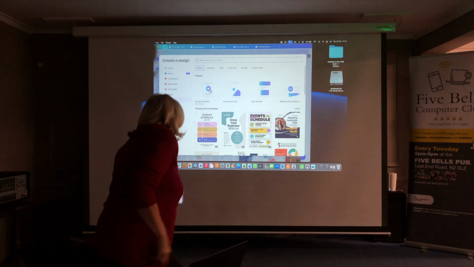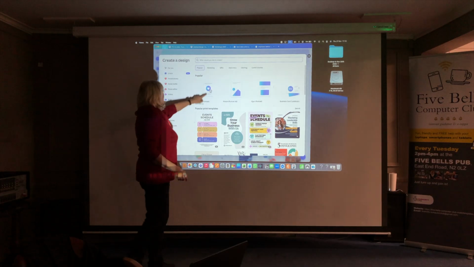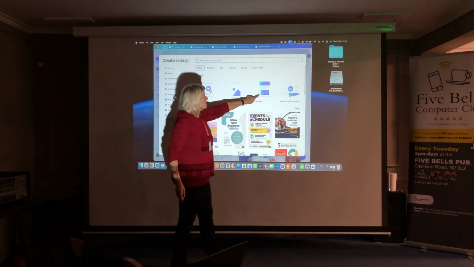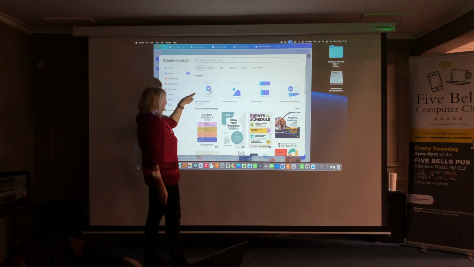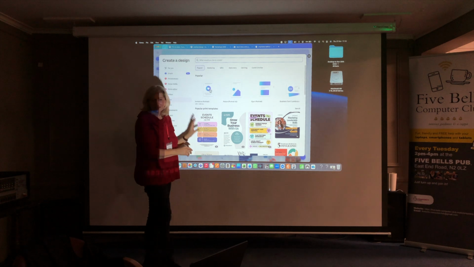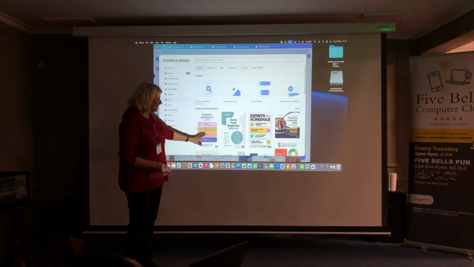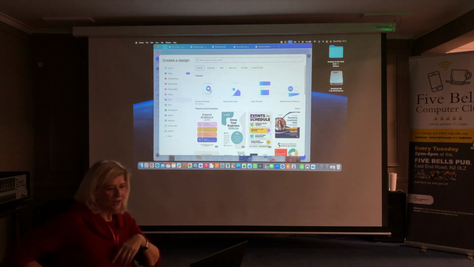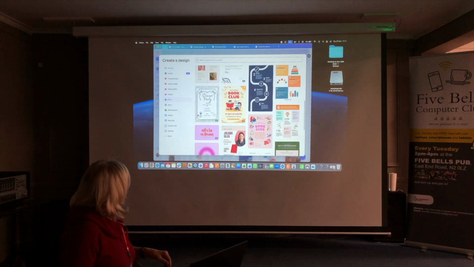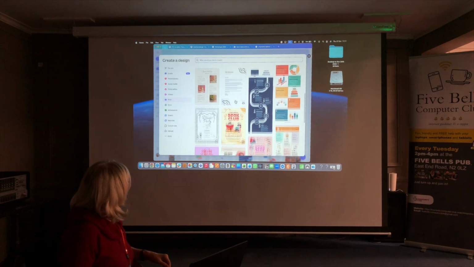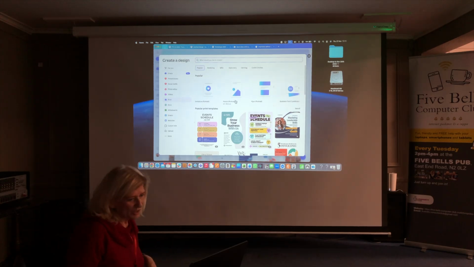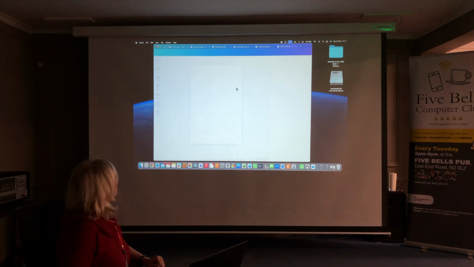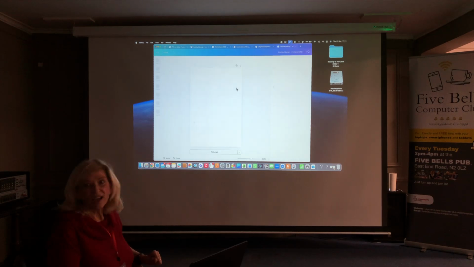Then across the top you've got, do you want an invitation portrait? It's going to be that size, or a poster size A2, or a flyer. These are choices of blank ones, or you can use a template. They have some fabulous templates usually. Let's have a quick look through the templates, and if we don't find one we like, we'll start with a blank page. None of those are really looking good for my 5-year-old birthday party invitation. So I'm going to click portrait version for a small birthday party invitation,